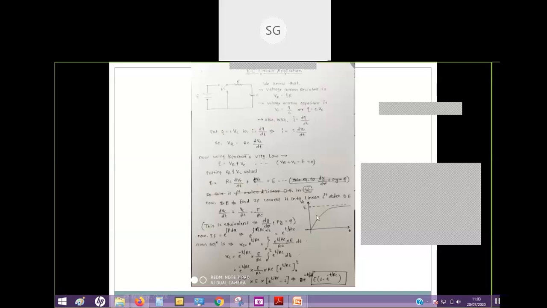So you have to find how to find the solution for such equations. If you are not able to write the equation, please write. I'm again depicting the equation: dVc by dt plus Vc by Rc equal to 0 will be the equation, and you have to find the solution for such equations. If you are not able to do this, please remember in the next lecture or the one after, how to find the solution.